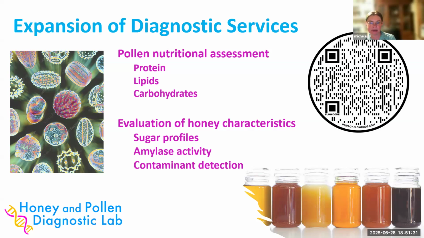I currently don't do any testing on bees themselves. I'm trying to keep it specific to honey and pollen, as the name says. I may end up going that route. We've been looking at being able to identify chalkbrood, because that can be a real problem occasionally in our area. But currently, because there are other USDA labs and other commercial labs that offer that, I try not to stick my toes in other people's ponds. But if you guys think of any services that are not currently available, let me know. I'm always looking for ways to expand the lab.